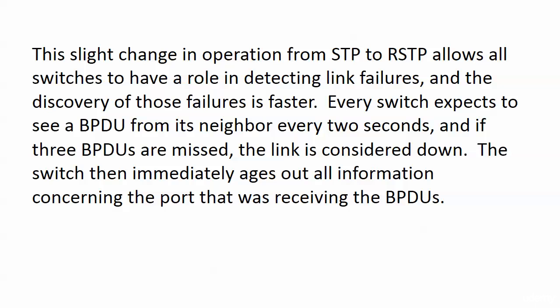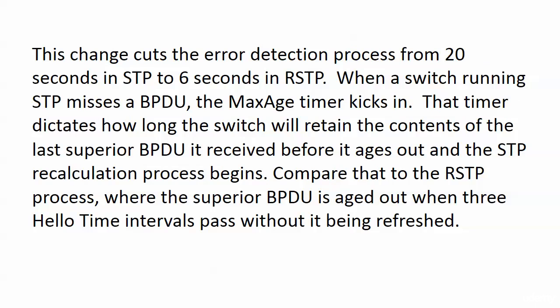If 3 BPDUs are missed, the link is considered down, and here's the important change. The switch then immediately ages out all information that's concerning the port that was receiving the BPDUs. Okay, so there's no max age involved here, and this really cuts the error detection process from 20 seconds to 6,